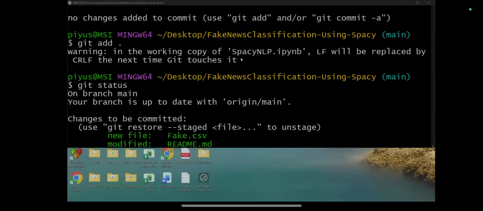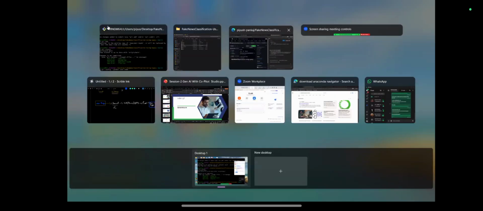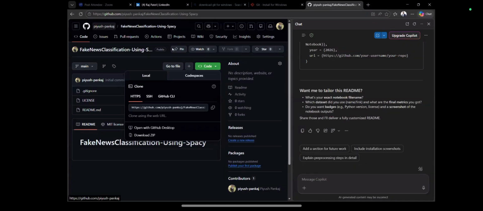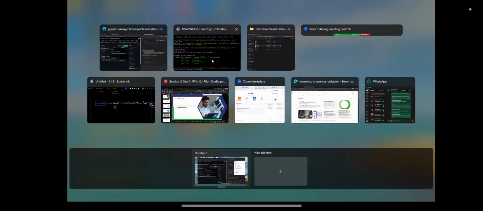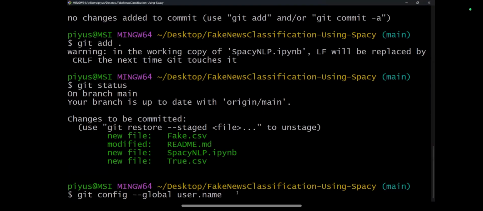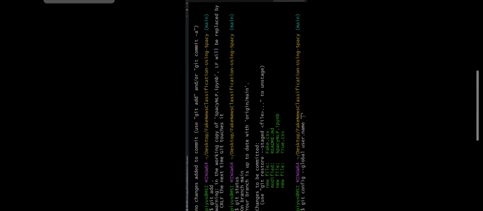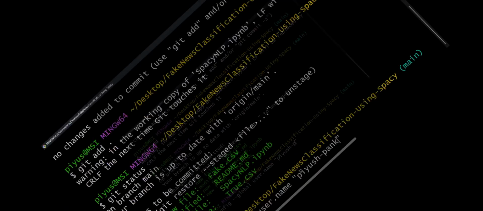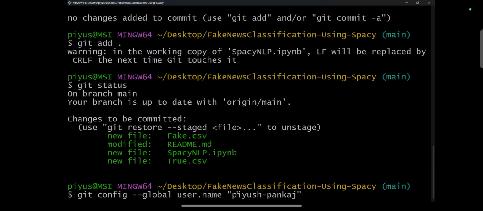If you go to my GitHub, you will find this is my username. So I have to mention this for the first time user. If you have already used it, you don't need to mention. So username I will mention like this, Piyush-Pankaj in quotation.